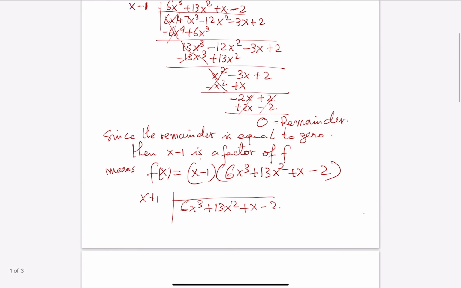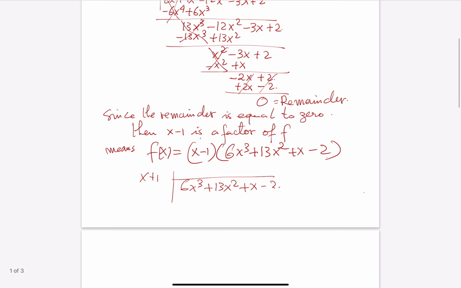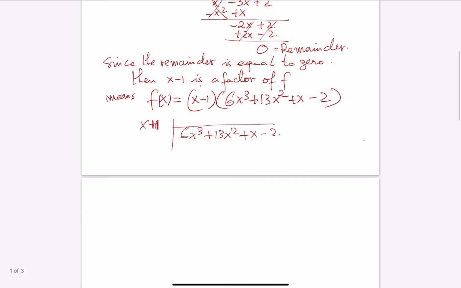So what you have to figure out is whether negative 1 is a zero of the polynomial. That's the way you have to do it. You can use long division, which is called synthetic division, or you can call this one g and try to find g of negative 1. Either way will work. Okay, let's try this one. So here, by using the long division, what we should get,